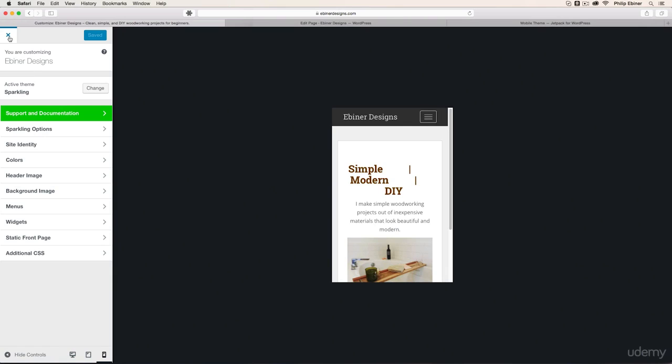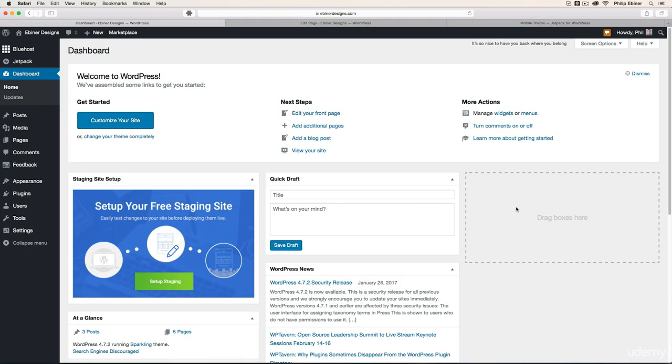What if you use a theme that isn't mobile friendly or doesn't have this option where you can see the mobile version of your website? Thankfully, there are different plugins to make your website automatically mobile friendly or responsive, and there's one right within Jetpack, sort of the go-to plugin that we installed already.